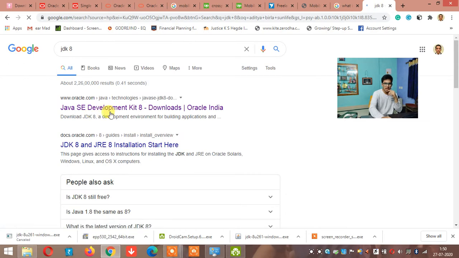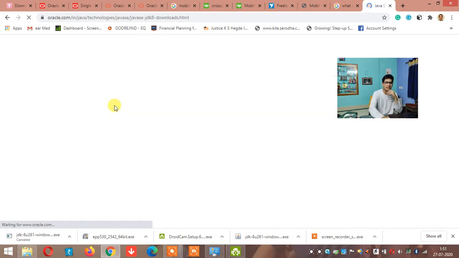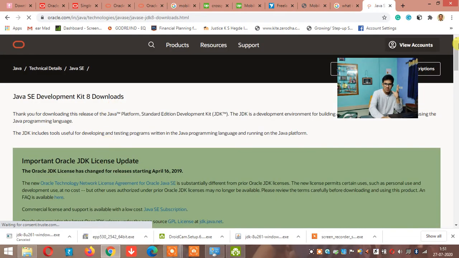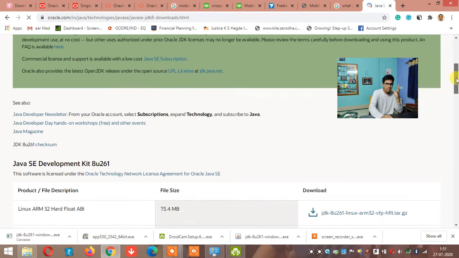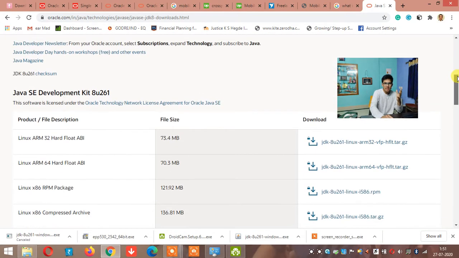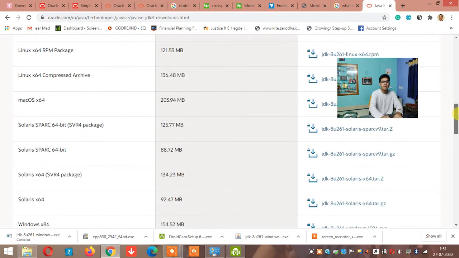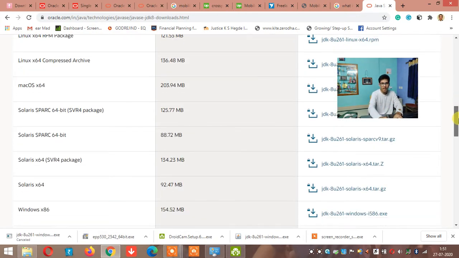And as you can see, don't go for docs.oracle.com, go for www.oracle.com/java/technologies. That's the first link you'll be getting most of the time. Just click that JDK 8. As soon as this opens, it is asking which Java Development Kit you want. Do you want a file for Linux, ARM64, all these things? And if you come below, there is one for Mac also.